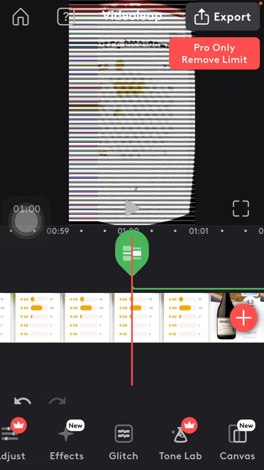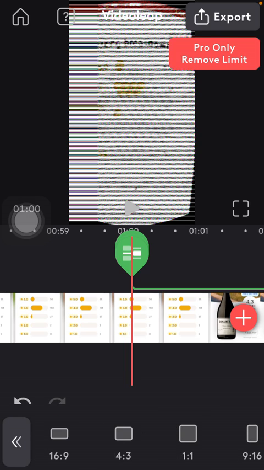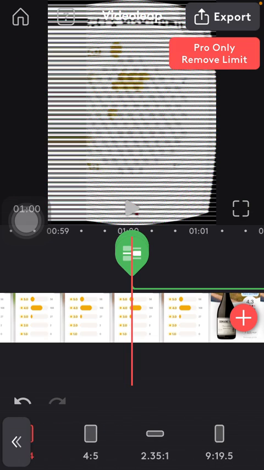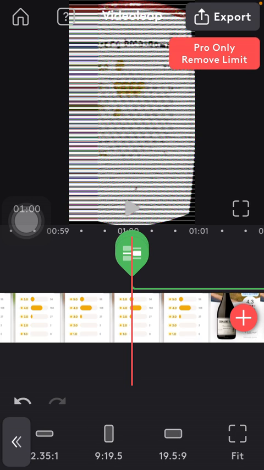First of all, open the application on your phone, then slide to the right side of the screen down below and tap on canvas. If you click on the format, you can choose from these different canvas options. As you can see, you have a bunch of options. If you tap on the fit button, you can also